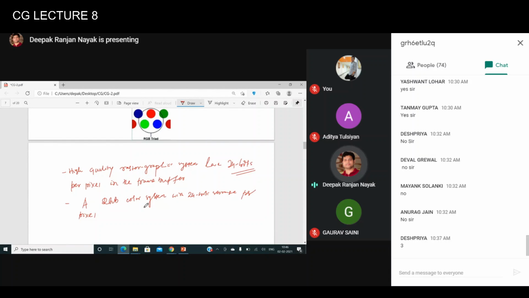An RGB color system with 24 bit storage per pixel is referred to as a full color or true color system, right?